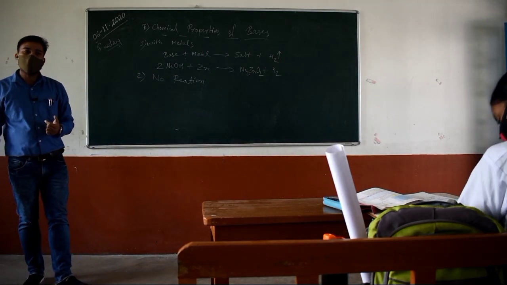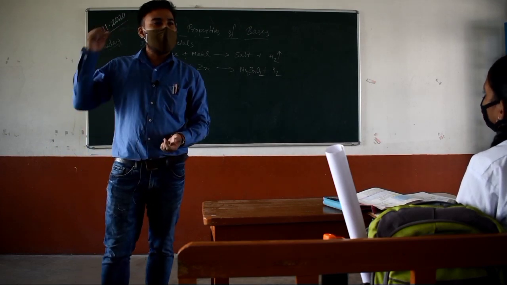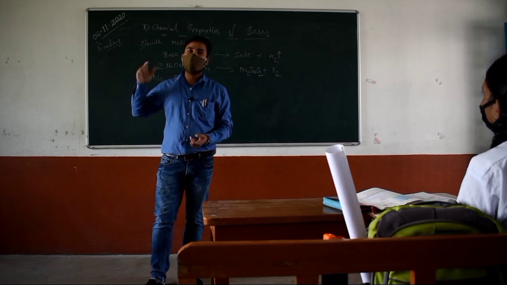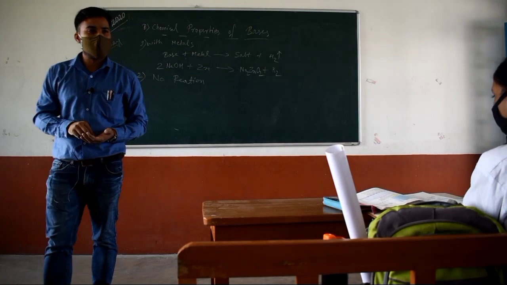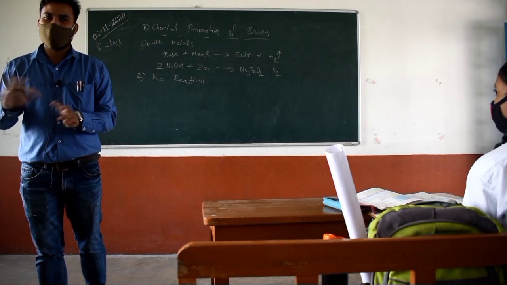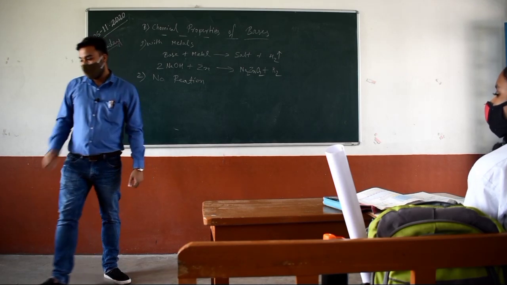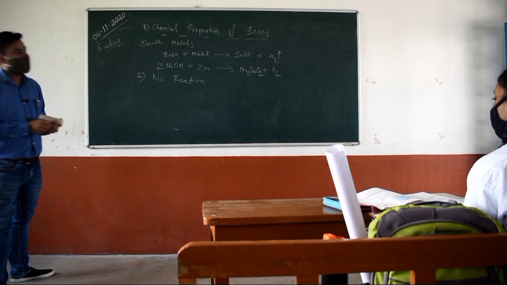So I have already told you, for this one you can write the same reaction which was there in the acid. There it was reaction with base, here it is reaction with acid. So you can write the same thing, the neutralization reaction. No need to explain again now. All of you are understanding now? Okay. So the last reaction is reaction with non-metallic oxide.